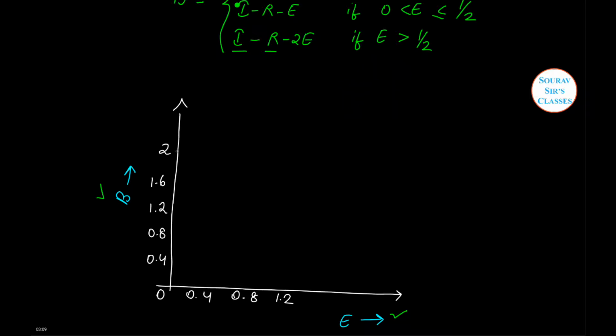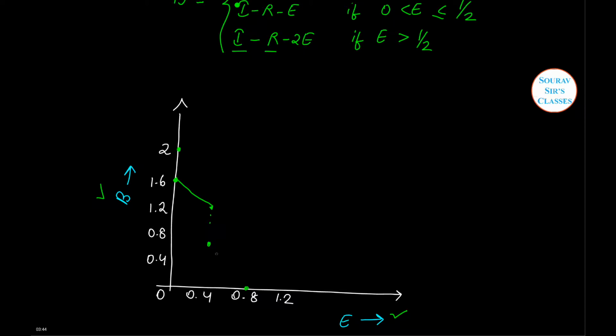First point will be this, then we have here, then it is 1.2 and 0.4 here, then we will have a section that will be dotted, and then we will have this point and 0.8. Now if you join it, the budget line looks like this part